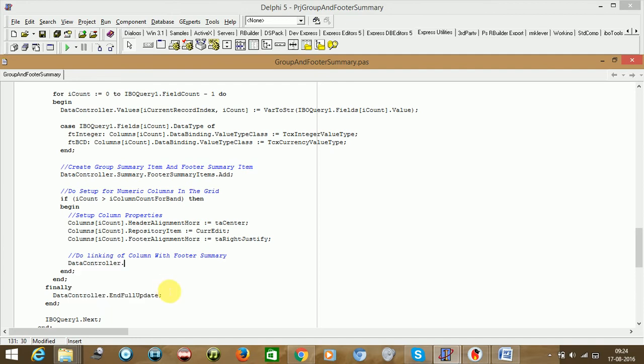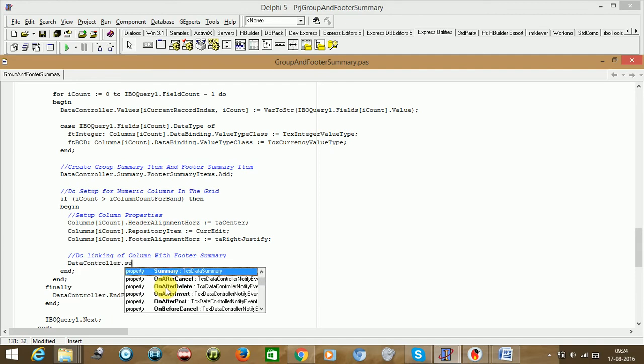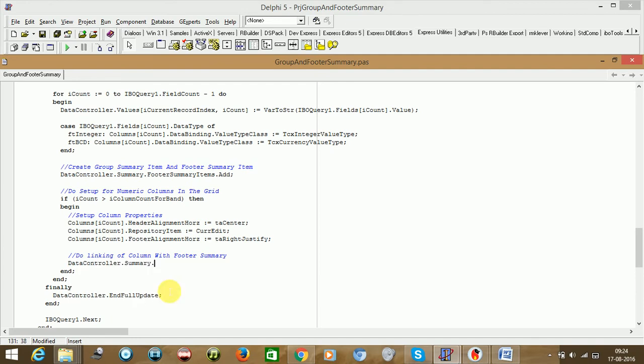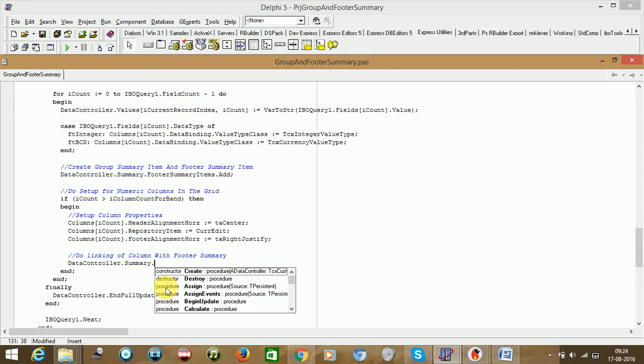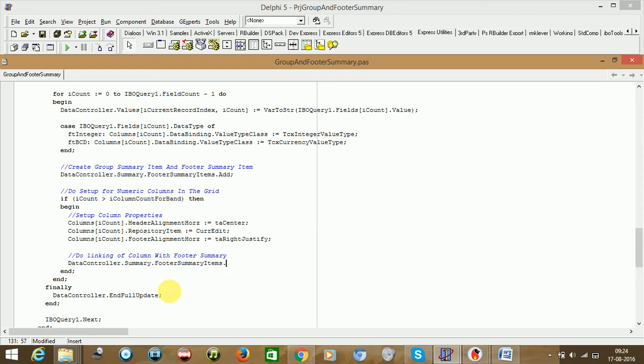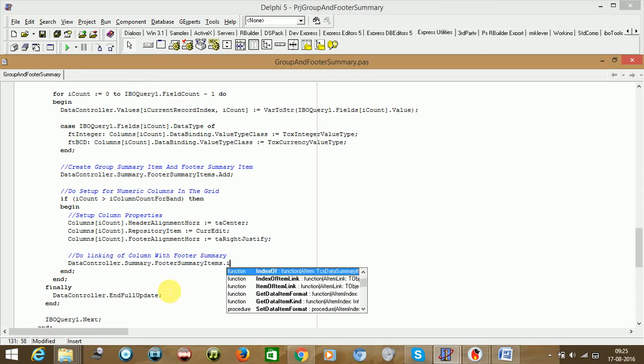data controller dot summary dot, now what we need to do here, footer summary items. So as you could see here, footer summary items dot items.